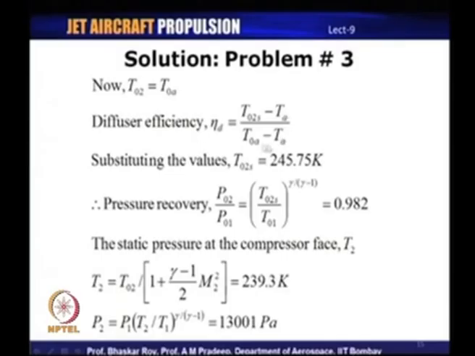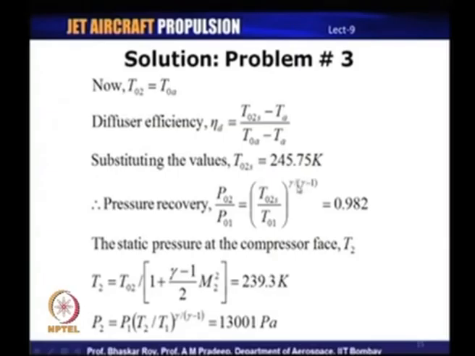TA is also known. So, if you substitute for all these values, we get T02s. So, T02s comes out to be 245.75 Kelvin,